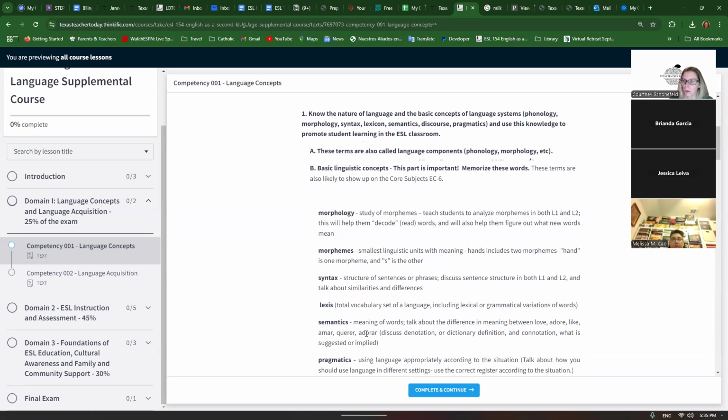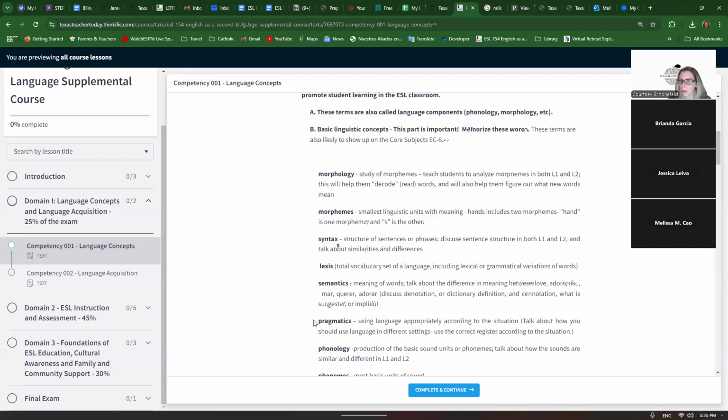Semantics, you've probably heard this word. It's the difference in meaning, right? So words might have the same dictionary definition, but a different connotation. So words like love, adore, like, or words like skinny, thin, lanky, right? They all sound different. Some of them sound nicer than others. So we want to teach students how to use these words appropriately according to the situation, which brings us to